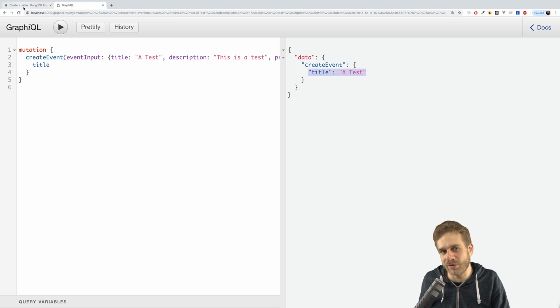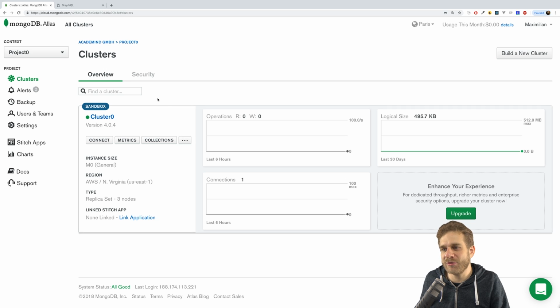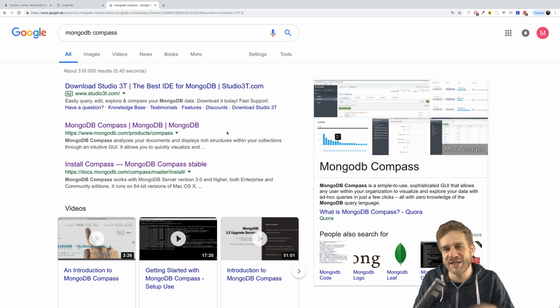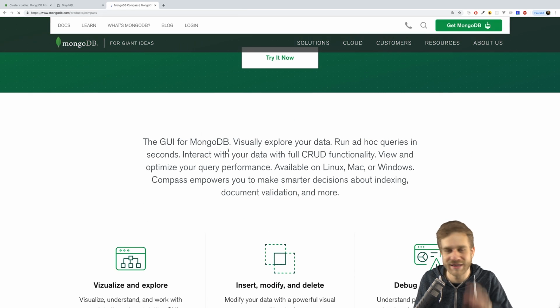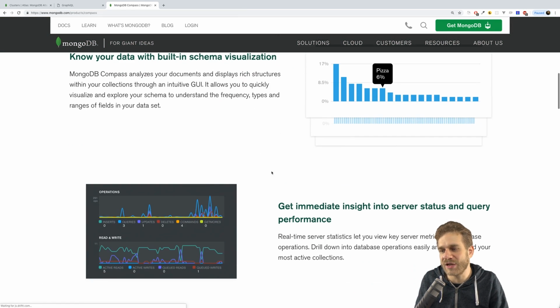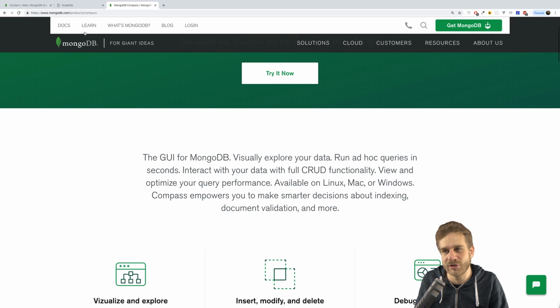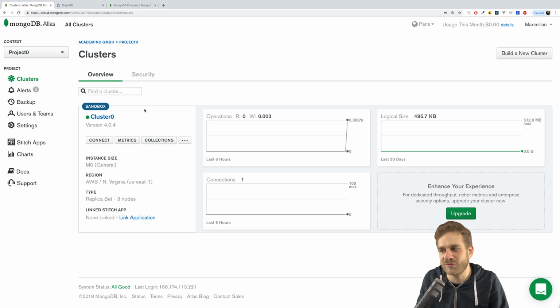Now let's look into our MongoDB database. And you should be able to do that here from inside that MongoDB cluster view by clicking on collections. If you don't have that button there, you can search for MongoDB Compass, which is a tool provided by the MongoDB company that also allows you to connect to your database and then inspect your database. So you can download that, it's free to use, and there you can visualize your data in the database and look into it. But here I got that integrated into my